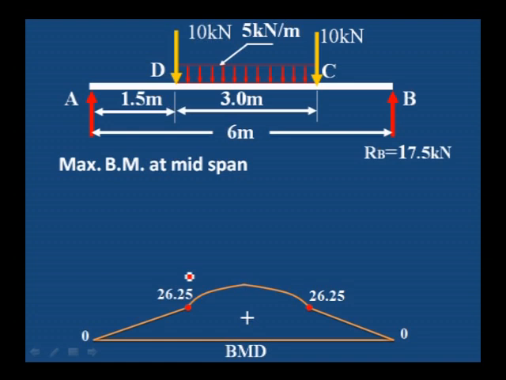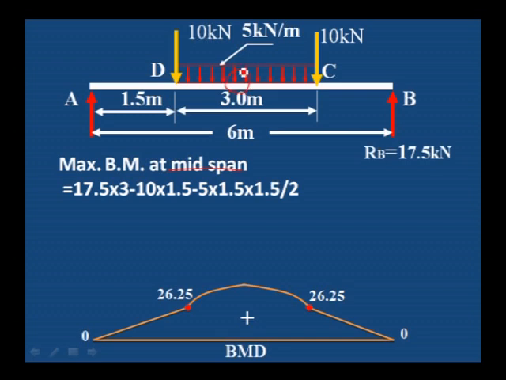Okay, to calculate the maximum bending moment at mid span, we are taking the moment at the center. 17.25 is the RB value into distance from center point to the B, which is 3 meter, minus load 10 kilonewton into distance from center point to the C, which is 1.5. 3 divided by 2 is 1.5,